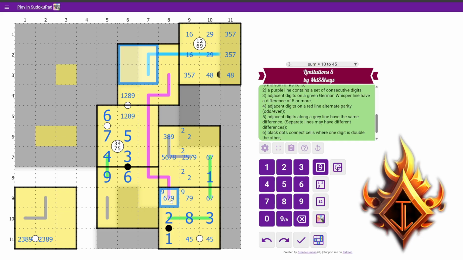If it is 9, it has to go on the blue line, because it couldn't be on the pink line again. So do I think about 6 or 9 being on here? If it was 9,